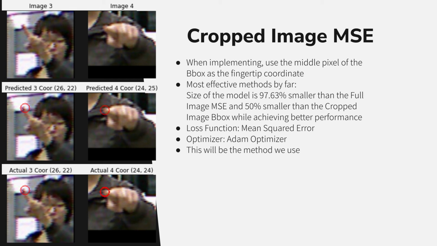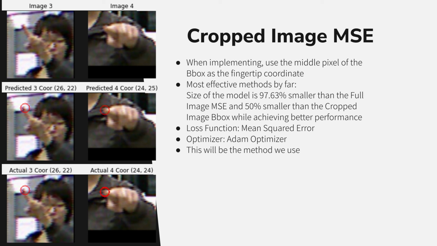This one uses the cropped image from the cropped image bounding box, and it uses the same methodology as the full image MSE. So this one allows us to use the middle pixel of the bounding box coordinate as the fingertip coordinate, and this one is the most effective by far. Efficiency-wise, it's 97.63% smaller than the full image MSE due to the smaller input image, and it's also 50% smaller than the cropped image bounding box since it doesn't have to take in the mask as an input to the model. We decided that this would be the method we use since it's comparable to the other two methods accuracy-wise